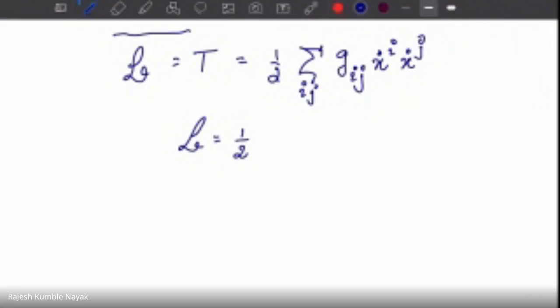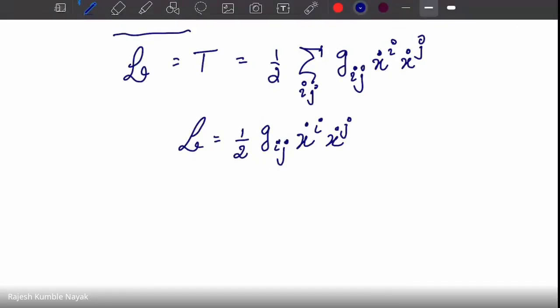Okay. So I use the Einstein summation convention. So we have this as our Lagrangian now. Okay. Now that is done. This is our Lagrangian, and all we need to do now is to apply the Lagrange equation of motion. So the Lagrange equation of motion is fairly straightforward, but before that, let me draw one point here.